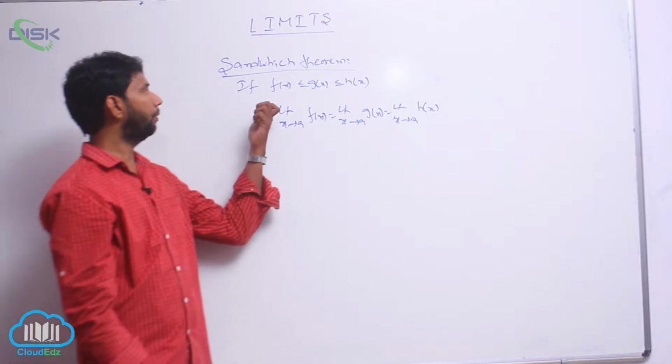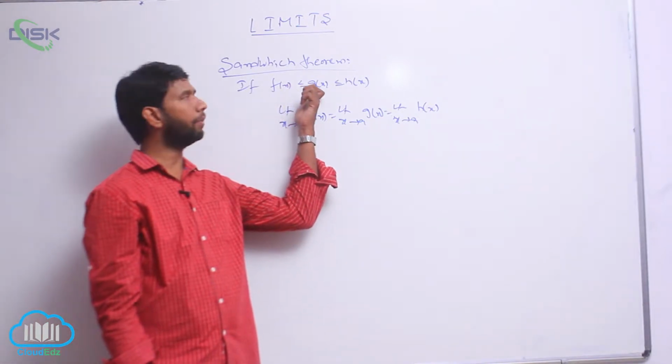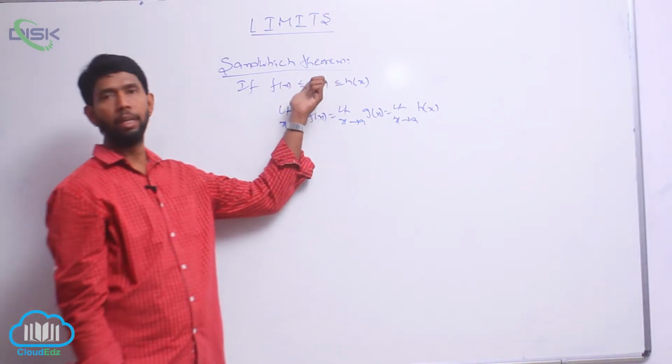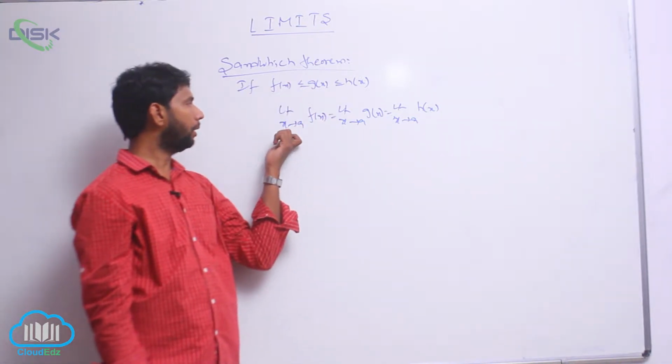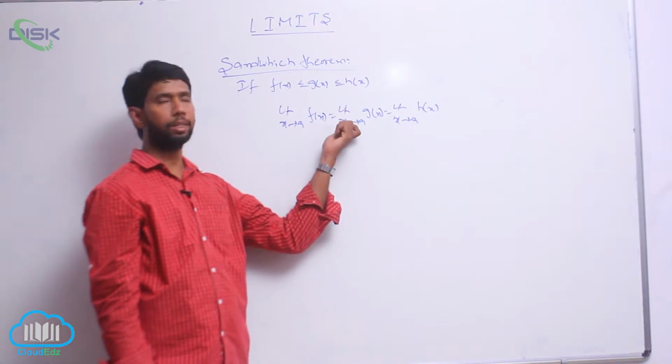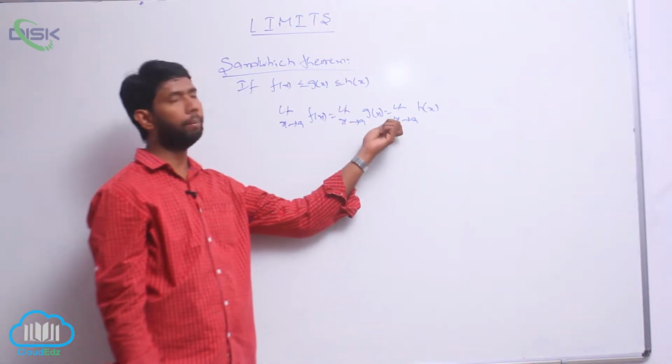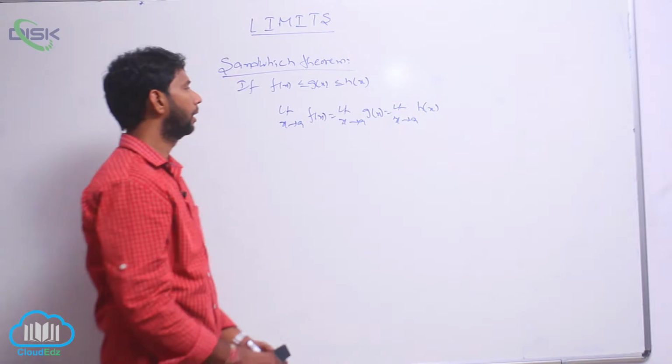Sandwich theorem means if f(x) ≤ g(x) ≤ h(x) is defined on the deleted neighborhood of a, and the limit as x approaches a of f(x) equals the limit as x approaches a of g(x) equals the limit as x approaches a of h(x). And next one,